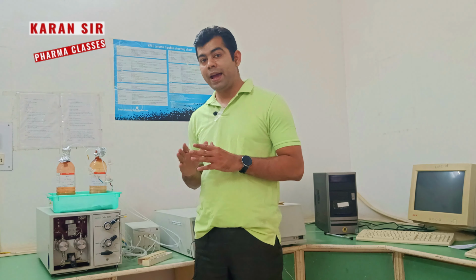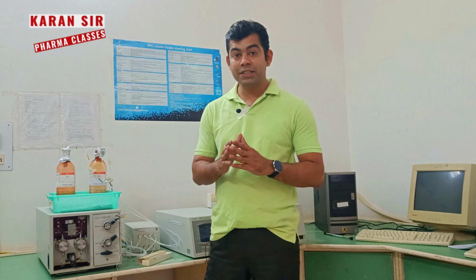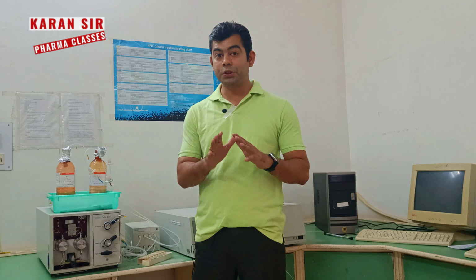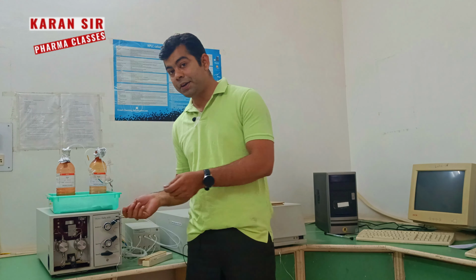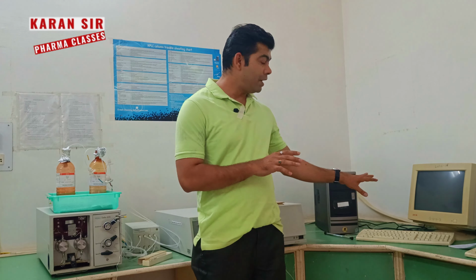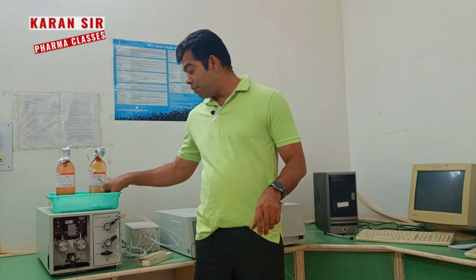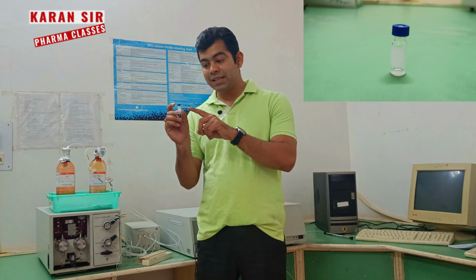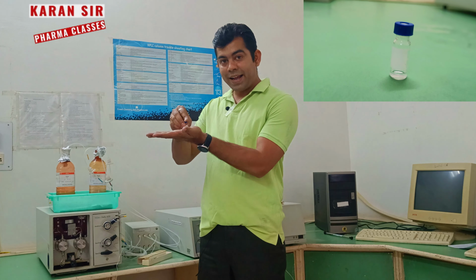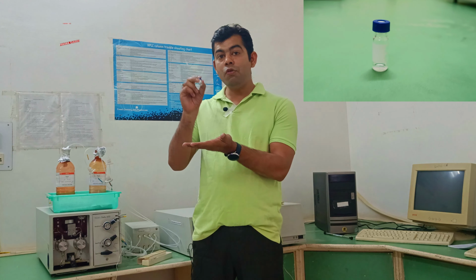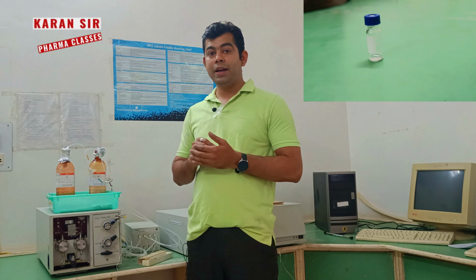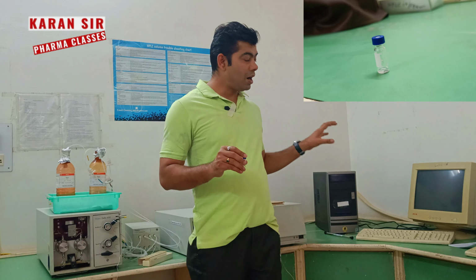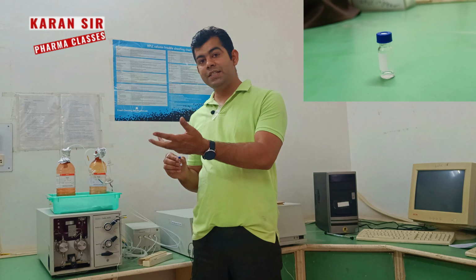This instrument has a manual injector, but in industry you have an automatic injector option. It is called auto sampler operation. So what is auto sampling? In auto sampling you do not have to inject your sample; you only give a command to your software and put your sample in this type of vials, and these vials are placed in trays. In one tray you put 32 vials, and this tray is put into your HPLC. So according to the command, injection is applied automatically.